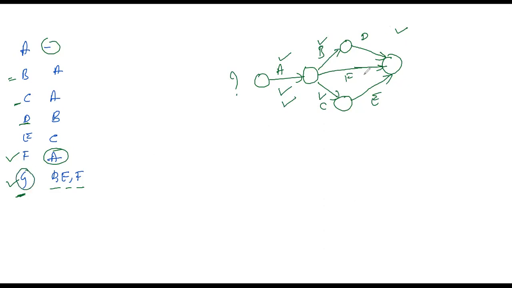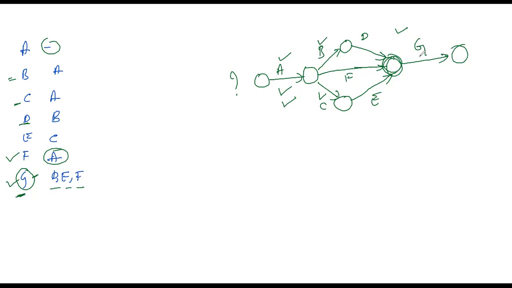So all the activities D, E, F. D is here, E is here, F is here. All the three activities end at a single node. So these are the predecessor activities for the activity G. So at this node, all the three activities were completed, so that we can start the new activity called G. Right. So this is the network diagram.